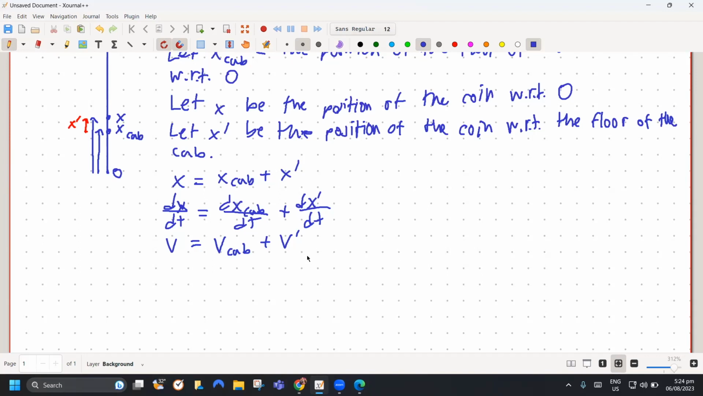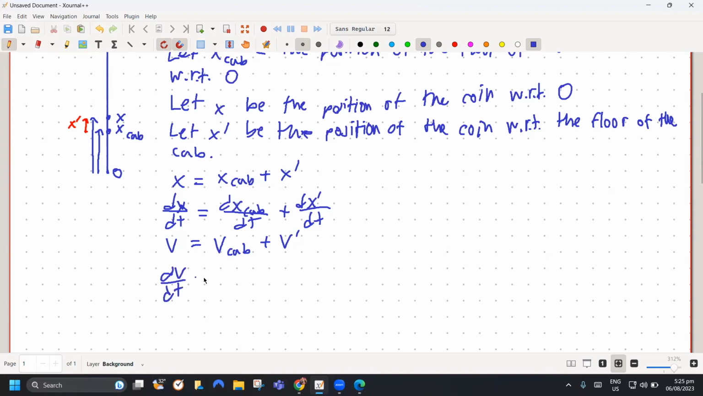Remember, the floor of the cab is accelerating. So, the derivative of v cab is not zero. So, dv dt is equal to dv cab dt plus dv prime dt. So, express it in terms of accelerations. Right, write it down. dv dt is,